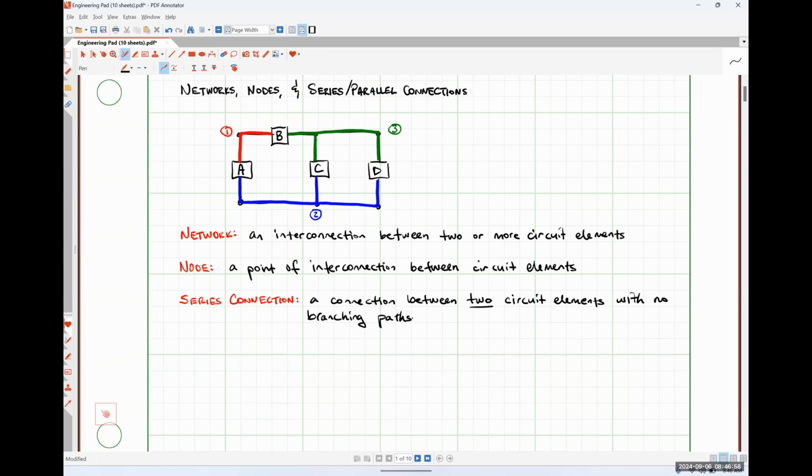So whenever we have a number of elements that share nodes like this, so they share node 3 and they share node 2, we consider those elements to be connected in parallel. Okay? So a parallel connection